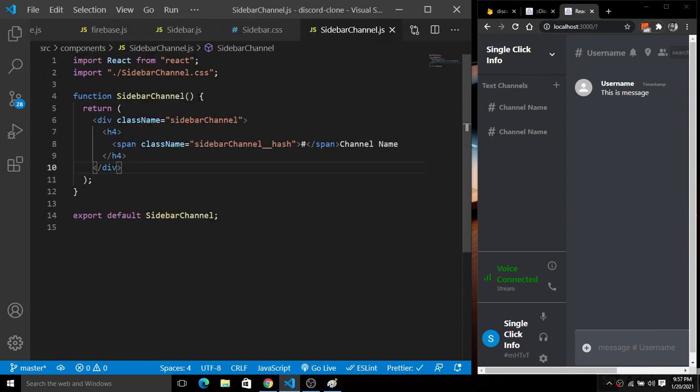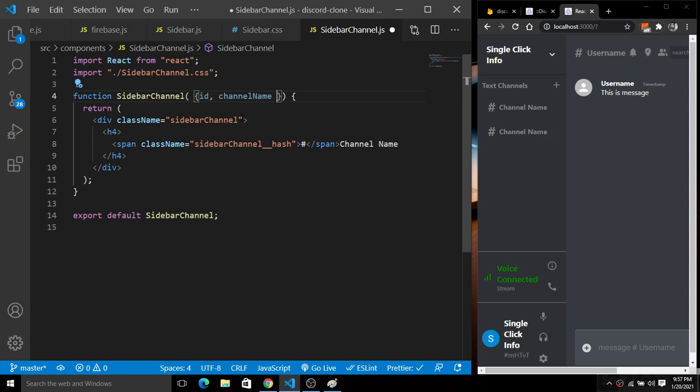So basically here I'm going to simply destructure the following objects. We have the id and we have this channel name, just like this. So we have simply destructured the properties here using ES6 syntax. So we have this id and we have this channel name.